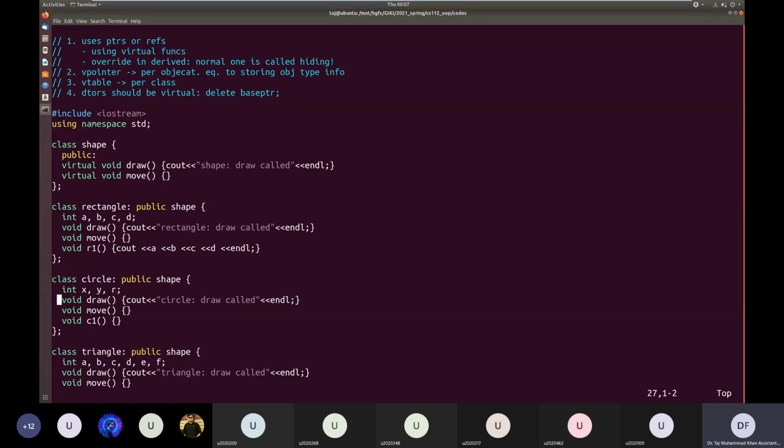So Shape is basically the parent or the base class of all these classes. And the Rectangle, Circle, and Triangle are providing implementations.